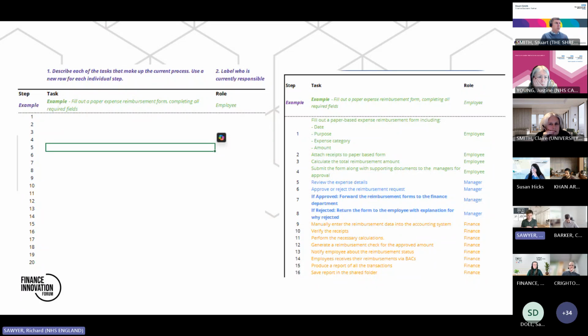Lots of detail, steps. You can see the roles as well on the right hand side, the different people. So we've got about 50 people on this, so we're going to split you into breakout groups. Okay. And what we're going to need you to do is when you're in those groups, if you could assign someone that's going to be a scribe. Okay. And then between you, you're going to pick a process. It can be one person's process. It can be a familiar process. It can be just in one organization's process.